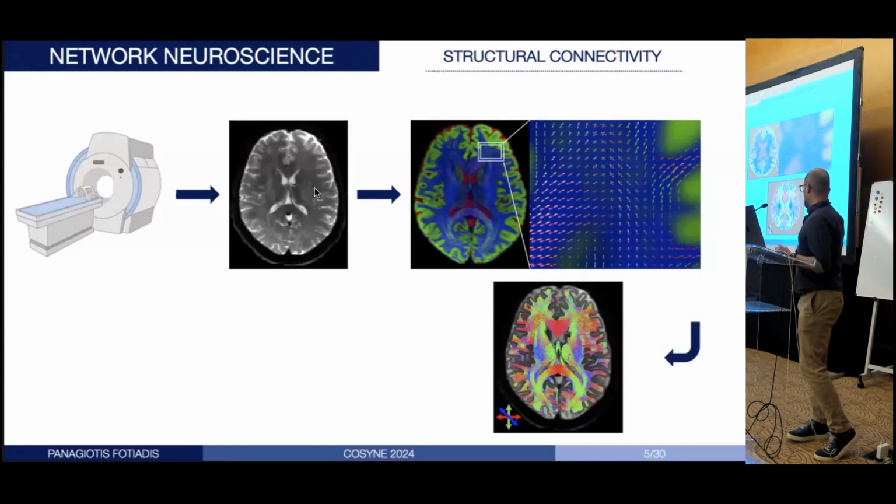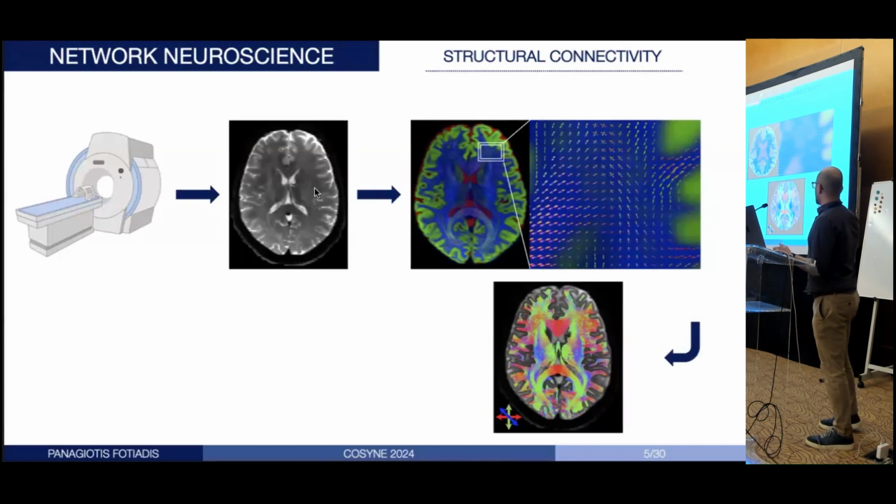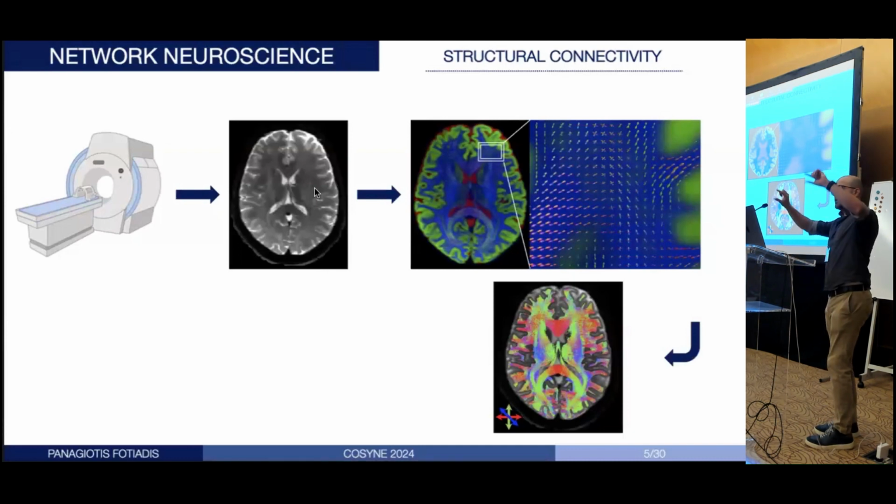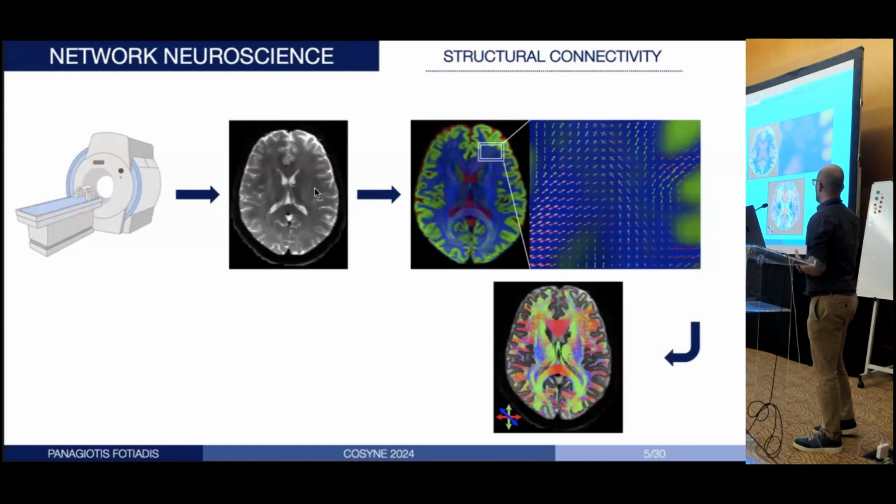And here, the different colors essentially represent different directionalities of white matter tracts. So if you look at the red colors, for example, across the corpus callosum, those indicate white matter tracts that go from right to left and vice versa. If you look at the blue white matter tracts, such as, for example, the corona radiata or closer to the insula, that basically tells you white matter tracts that go from bottom to top. And then lastly, you can have green white matter tracts that basically go from the back of the brain to the front of the brain.